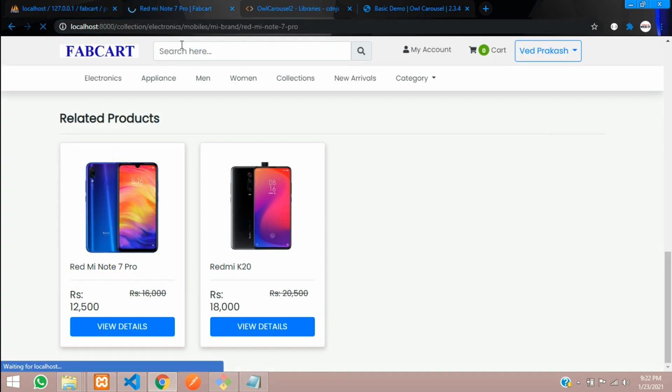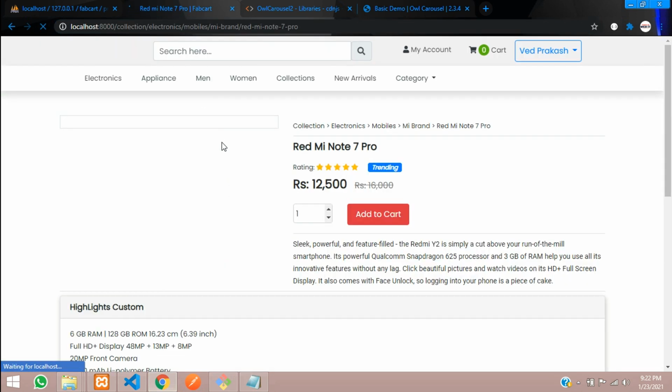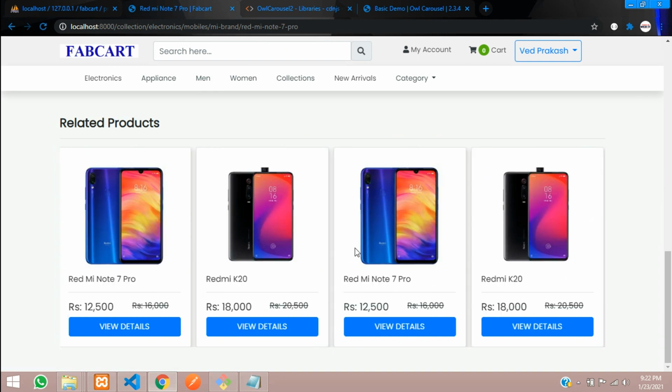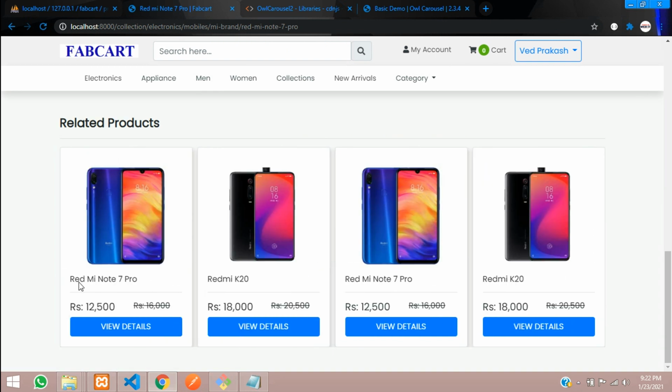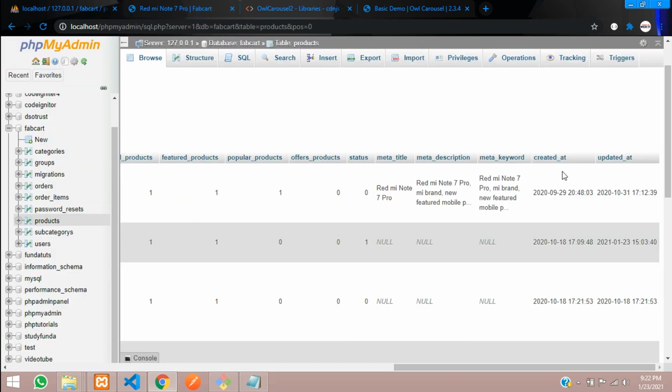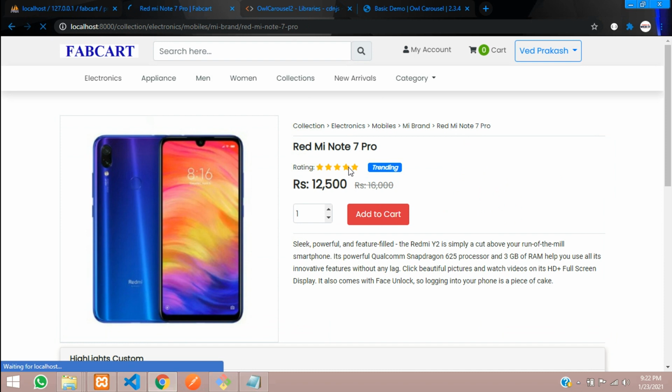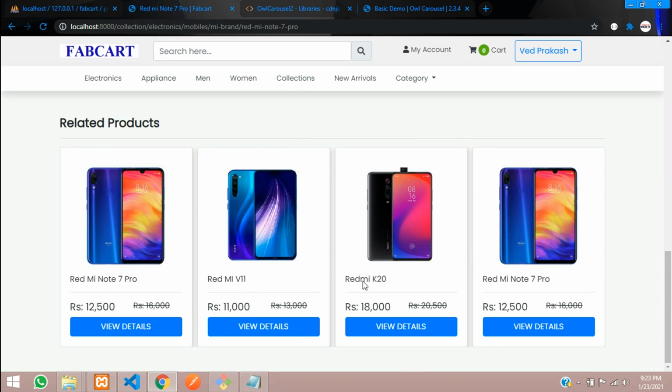Let me just refresh. Okay, so you can see that the product has come now in a owl carousel. So you can see Redmi Note 7 Pro, K20, and the product is coming. So let me just make this status to 0. So our products will be 3 available. Let's view. You can see that 3 products has come.